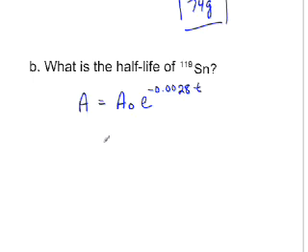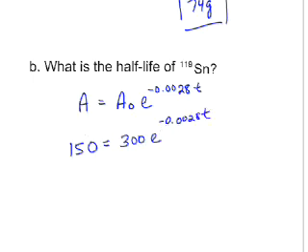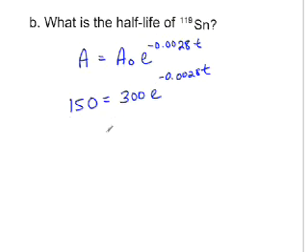So we can choose, again, the 300 grams that we had earlier. We want to know how many days need to go by in order to make 300 grams equal to half that amount, or equal to 150. So we have 150 equals 300 times e to the negative 0.0028t. We'll divide both sides by 300, giving us 0.5 on the left,